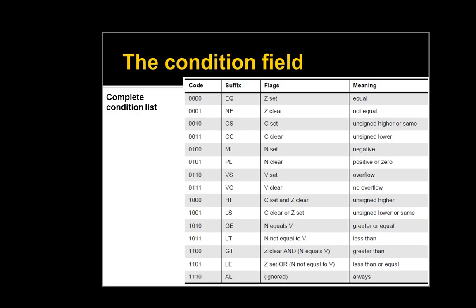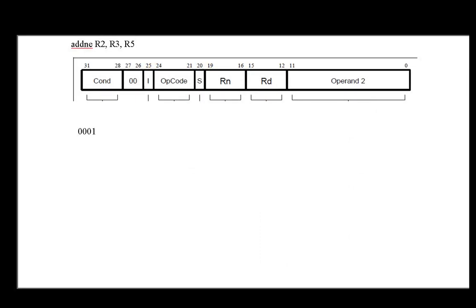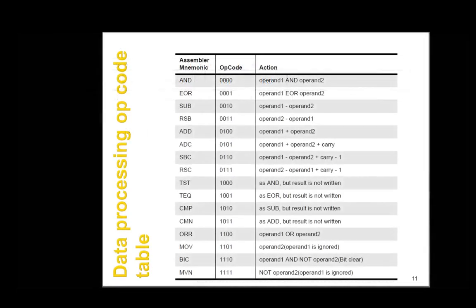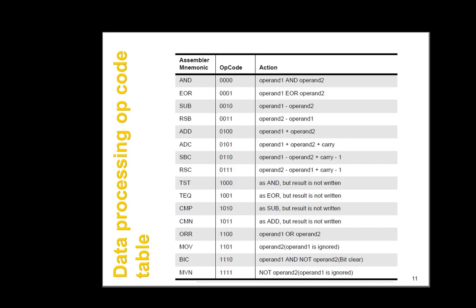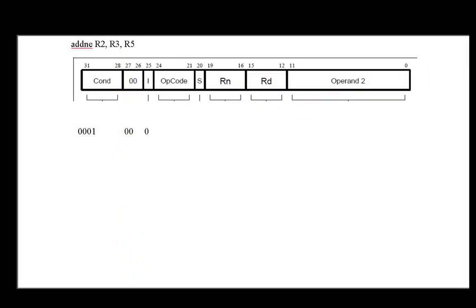So going back to my hand assembly here, I'll put 0001, and then I have the 2 00s here. In this case I'm not using an immediate value. I'm actually adding 2 registers to each other, storing the result in the third one, so the immediate value bit is 0. And then the opcode for the add instruction is 0100. Where am I getting that number? From this table. Here you'll see the add instruction is 0100. So I go back and type that in,